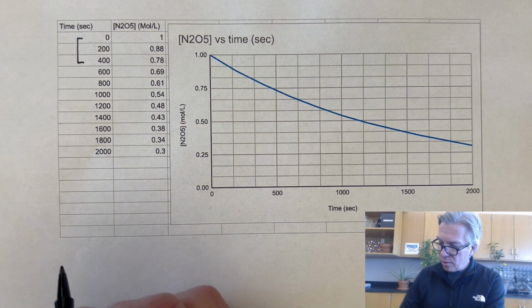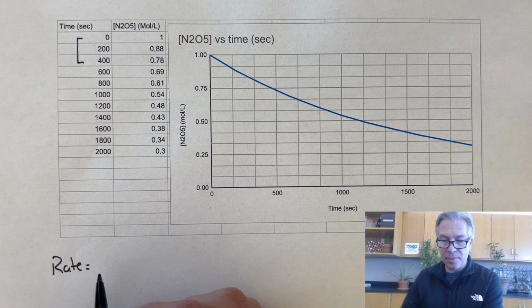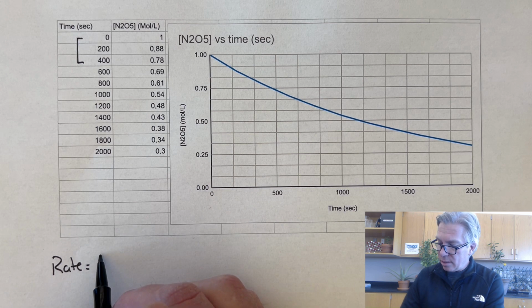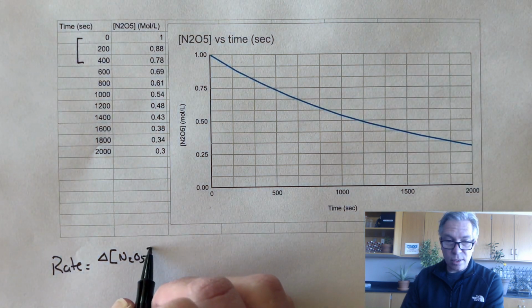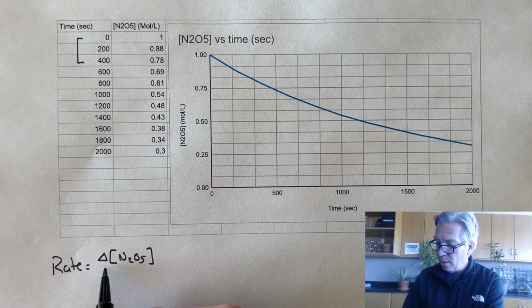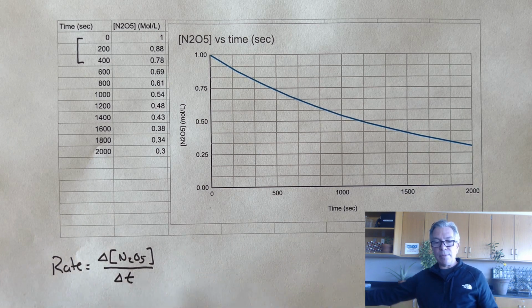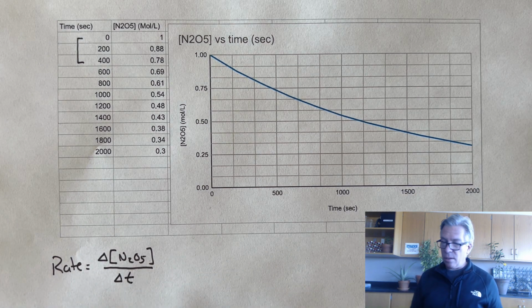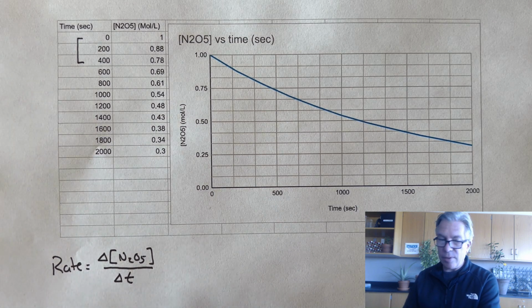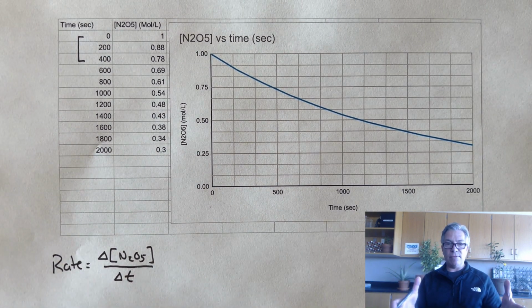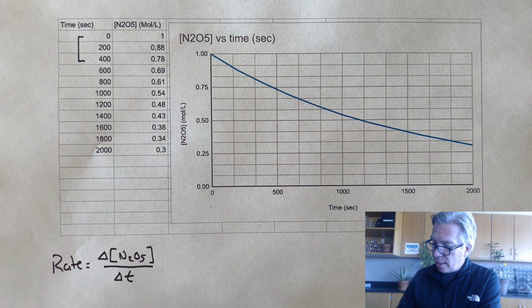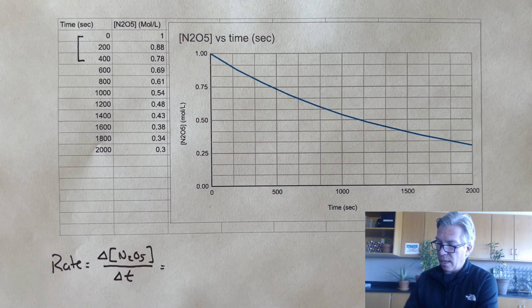So my average rate, and it's always good to write down what you're defining the rate as. So we're going to call it the rate is equal to the change in N2O5, so that anybody reading my work will know that I'm looking at that, over the change in time over that particular time frame. Okay? And that's my rate. So it's good to write that down and define it for anybody reading your work. And the way I'm going to do that is I want to take, for an average rate,